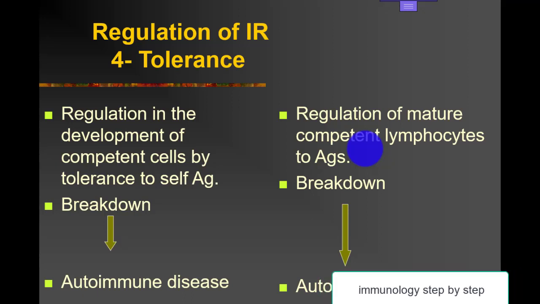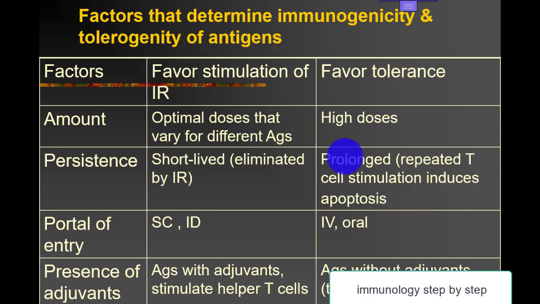Tolerance: regulation in the development of competent cells by tolerance to self-antigen; breakdown leads to autoimmune disease. Regulation of the mature competent lymphocyte to antigen; breakdown, autoimmune diseases occur. Factors that determine immunogenicity or tolerogenicity of antigen. These factors: the amount, the persistence,